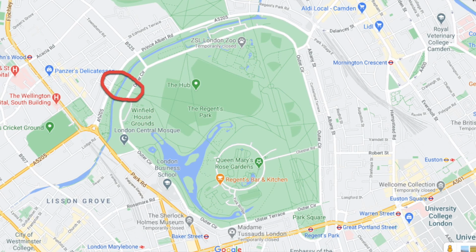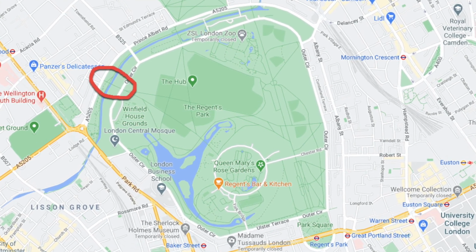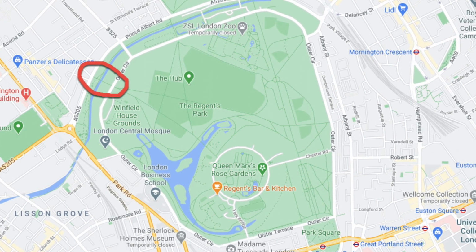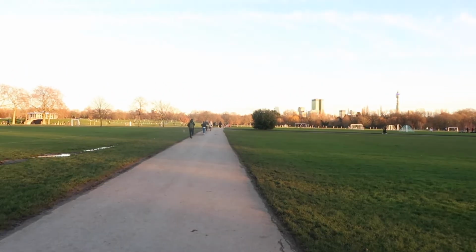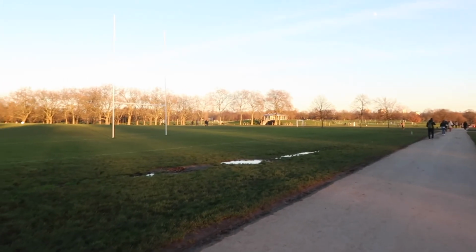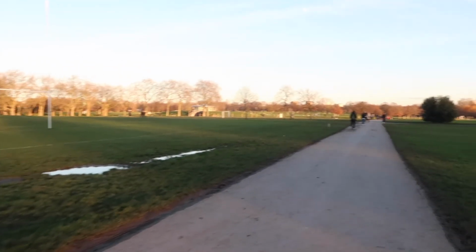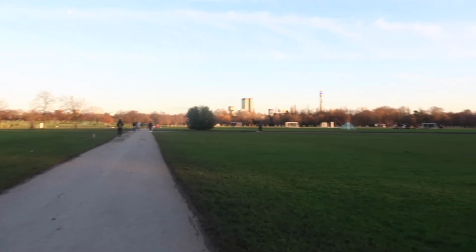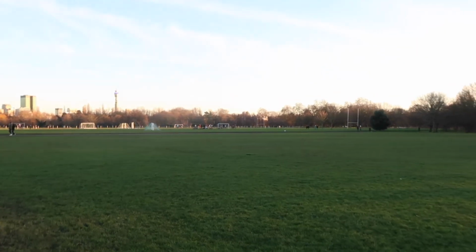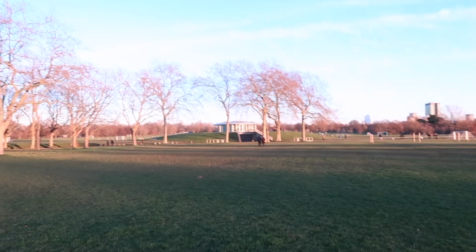When I entered Regent's Park, I entered from the St. John's Wood side, right off of a street called Mackinac Street. And that side of the park is probably one of the least exciting parts of the park from a walk perspective. You have lots and lots of athletic fields, which is really great if you're a local in a sports league. You definitely see, especially in the warmer months, tons and tons of different matches and